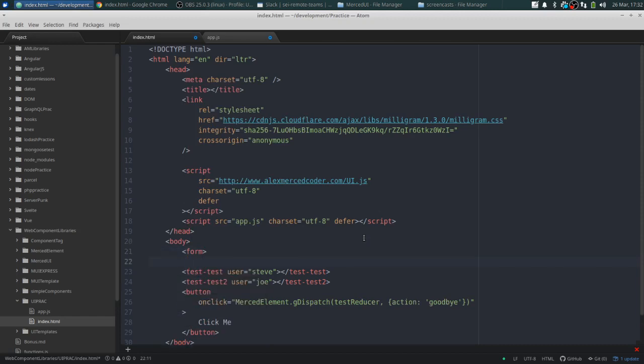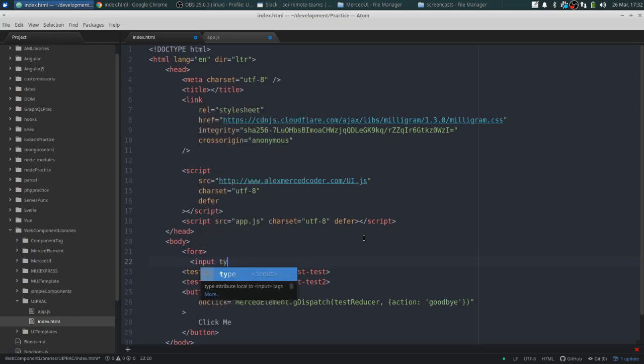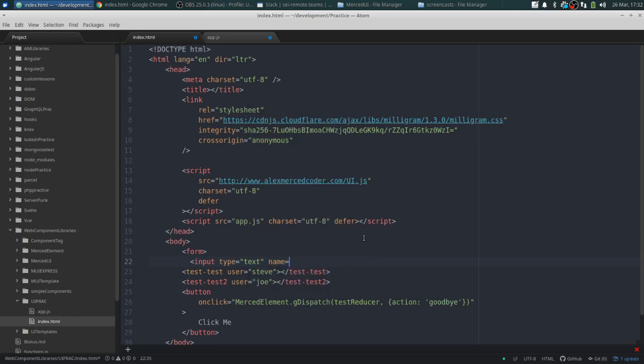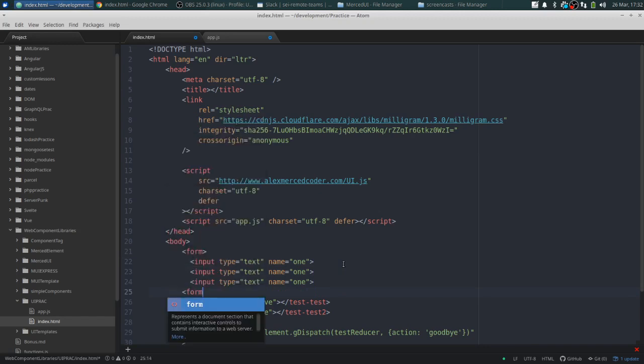And then we'll say input equals type equals text. And then for this to work, to get the full value of form tool, you're going to want to make sure that it has a name. So name, we'll just say 1, and then we'll just make 3 of these. 1. And this will be 2,